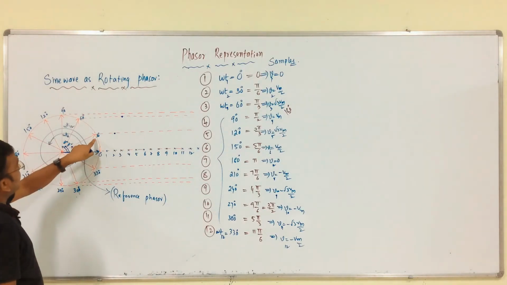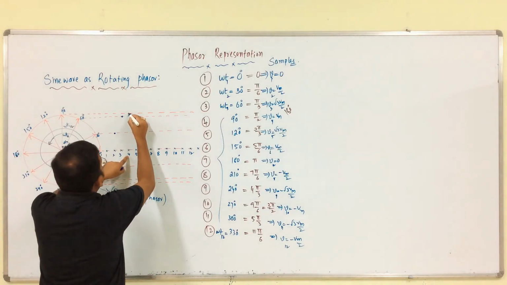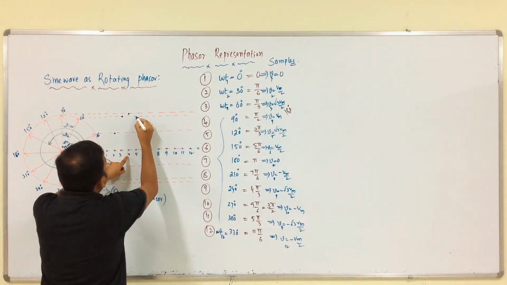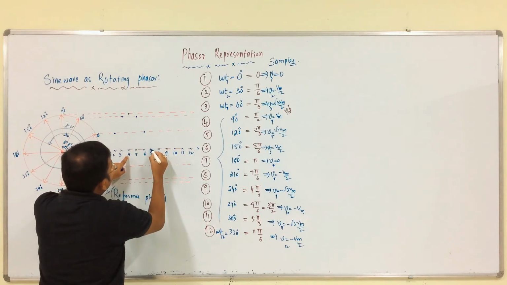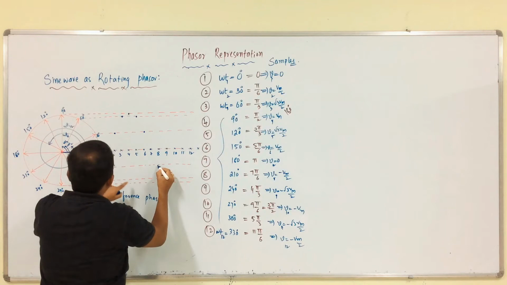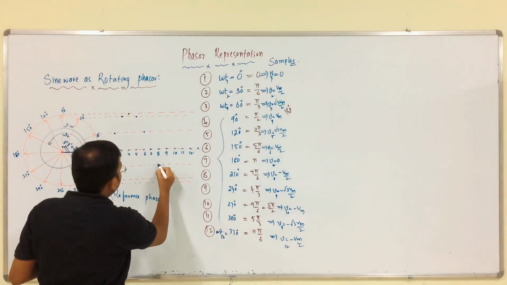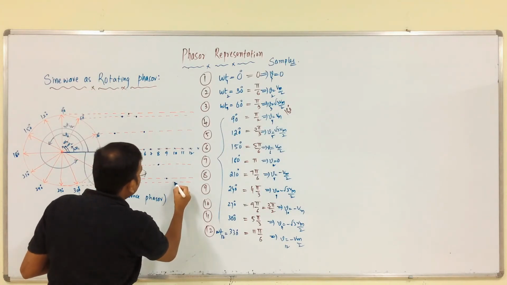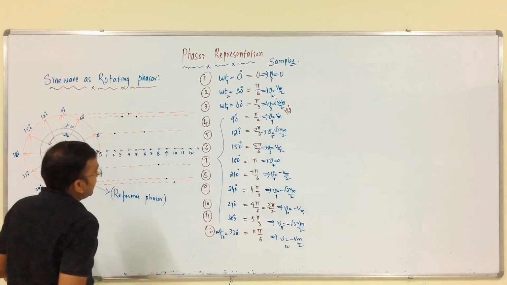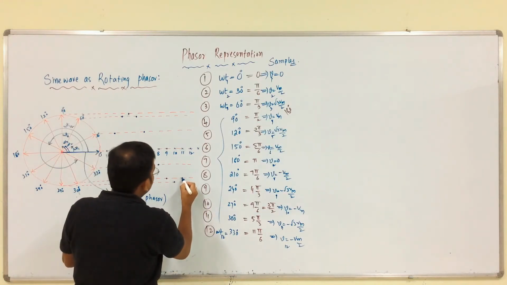See, 30 degrees representation, 60 degrees representation. For the fourth sample, 90 degrees, maximum value. Again the fifth sample, root 3 Vm by 2. Sixth sample, seventh sample 0 again. Eighth sample is what? 210, minus Vm by 2, right. This is minus Vm by 2. This is the ninth sample, minus root 3 Vm by 2. The 10th sample is what? Minus Vm, that is 270.